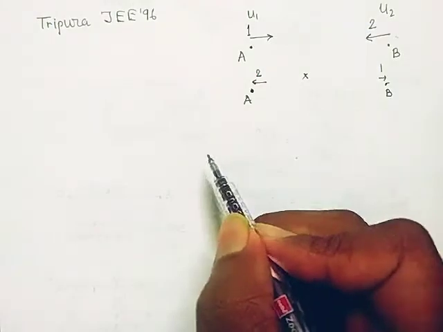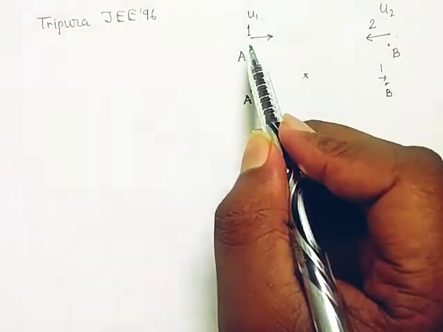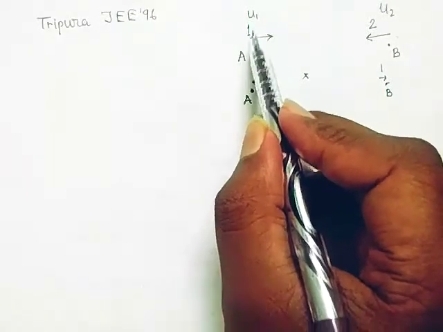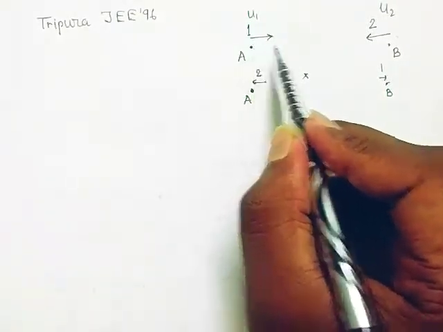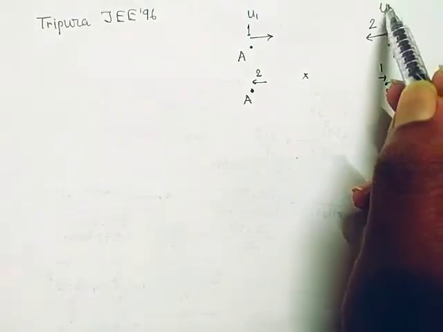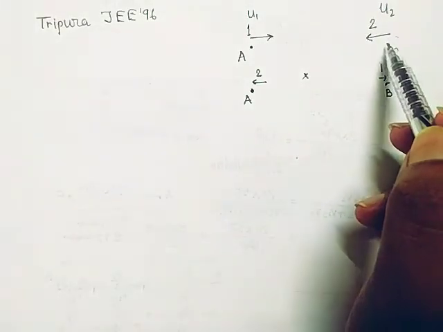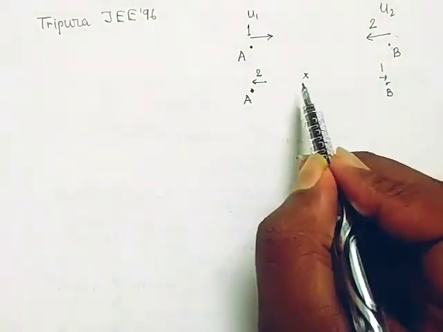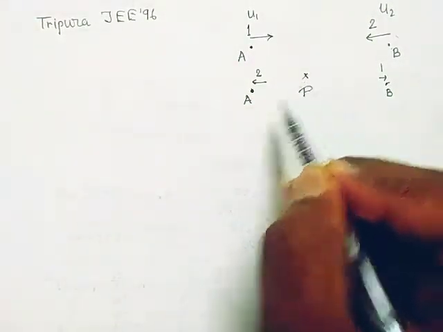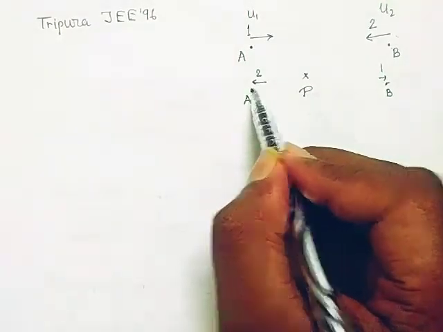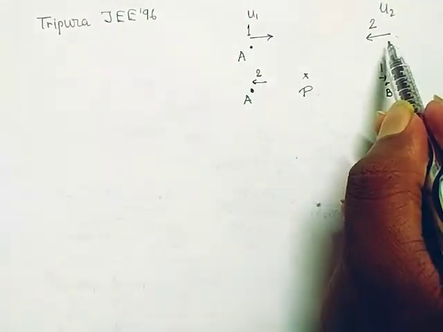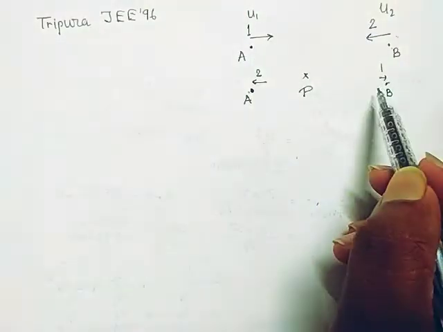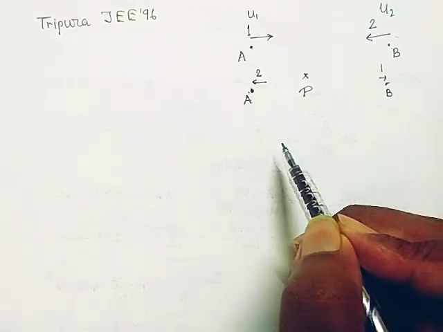Okay, so repeat again. A train from station A with the velocity U1, that is train 1, starting from A, tries to reach B, and another train with the velocity U2 from station B tries to reach A. So this is the scenario. Somehow at a point they meet, and after that they reach here. The train 2 starting from B reaches station A, and train 1 starting from A reaches station B. So this is the scenario.